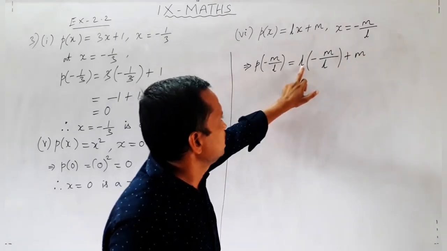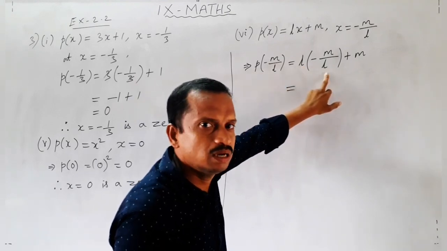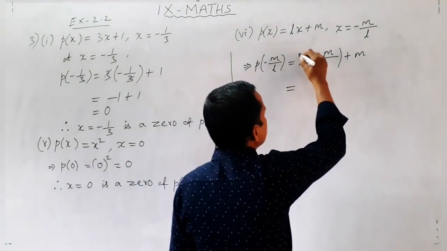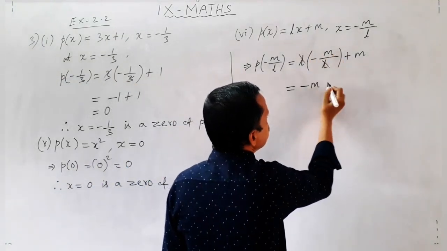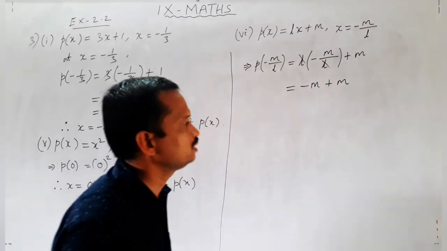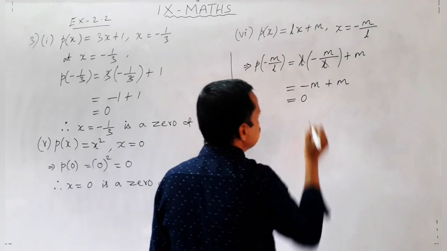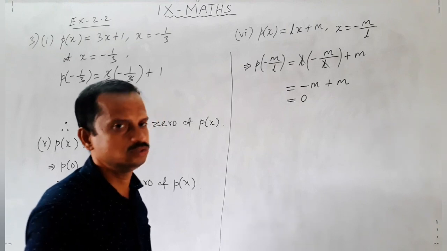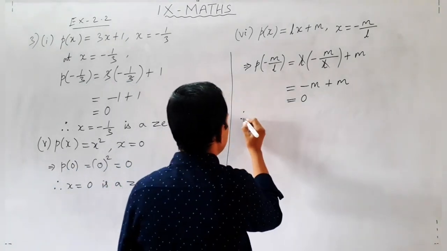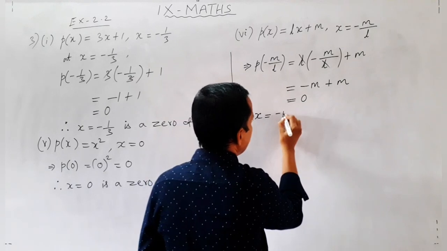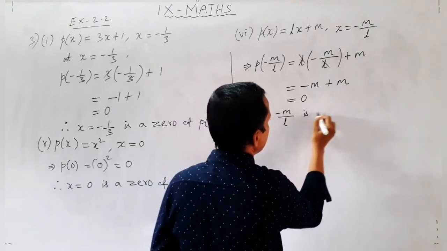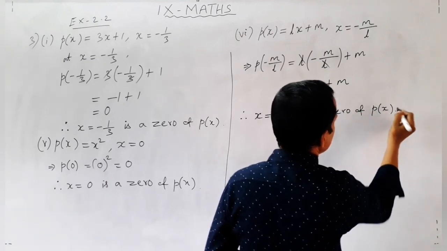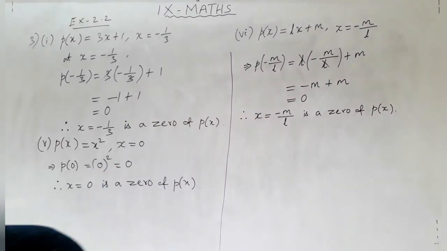So look here, this L is in the numerator and this L is in the denominator. So like this, we can cancel 3 and 3 like that. Here L and L, we can cancel it. Clear? After that, minus m is there and then plus m already is there. And now minus m plus m is what? 0. Okay. Same quantity, opposite sign, always 0. Therefore, we can say x equal to minus m by L is a 0 of P of x. Clear? So like that you have to take.